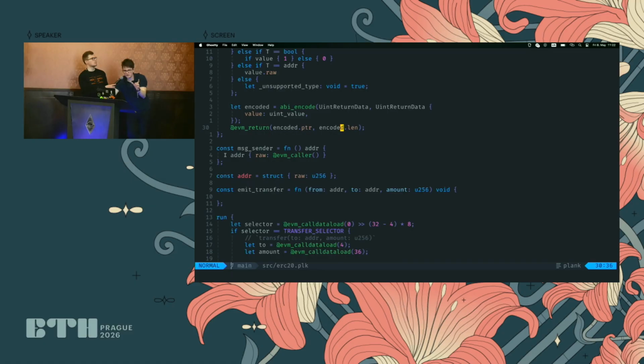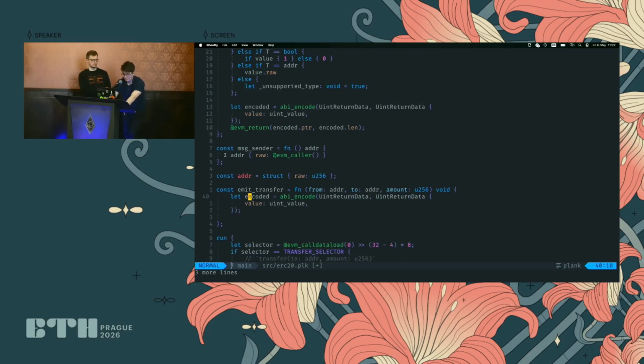And the first one is the transfer, or your event signature, and the next are the index fields, and then there's a generic data field where you put all the non-indexed data. So for the transfer event, the only non-indexed data is the amount. So let's encode that here. So encoded, we have just the amount.